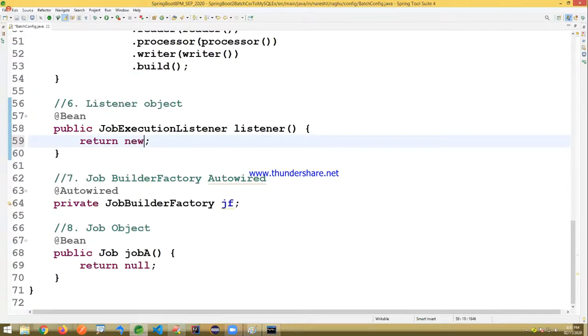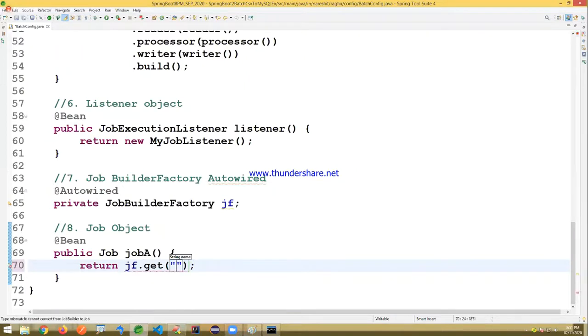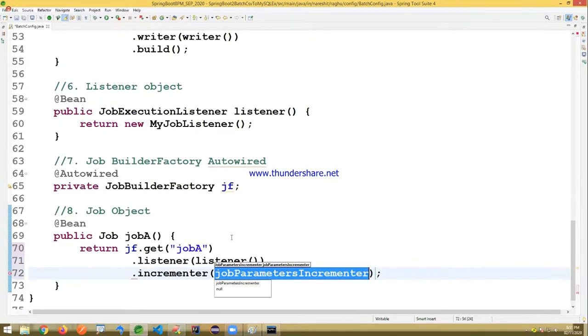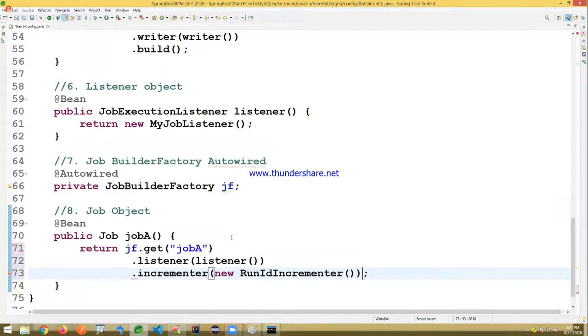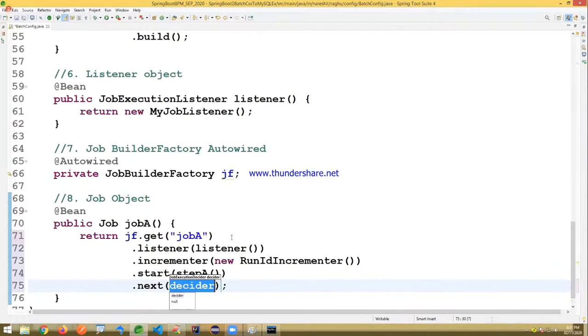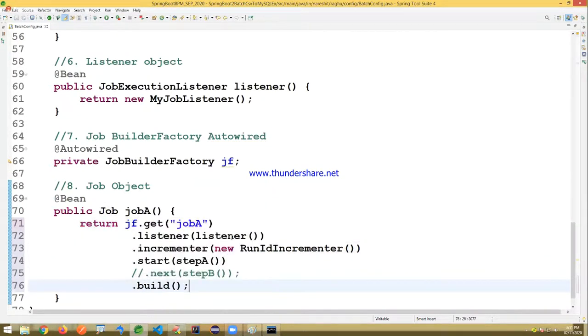Job execution listener, new, my job listener, and that's actually job object, jf dot get. It's a job A dot. Okay, it's actually listener object dot incrementer. It's actually new RunIdIncrementer dot starting. That's actually step A dot next. No steps are there. If it is there, you can just define step B here. Okay, then finally just call a method called build. Okay, this is done. You can just mention same as before here.